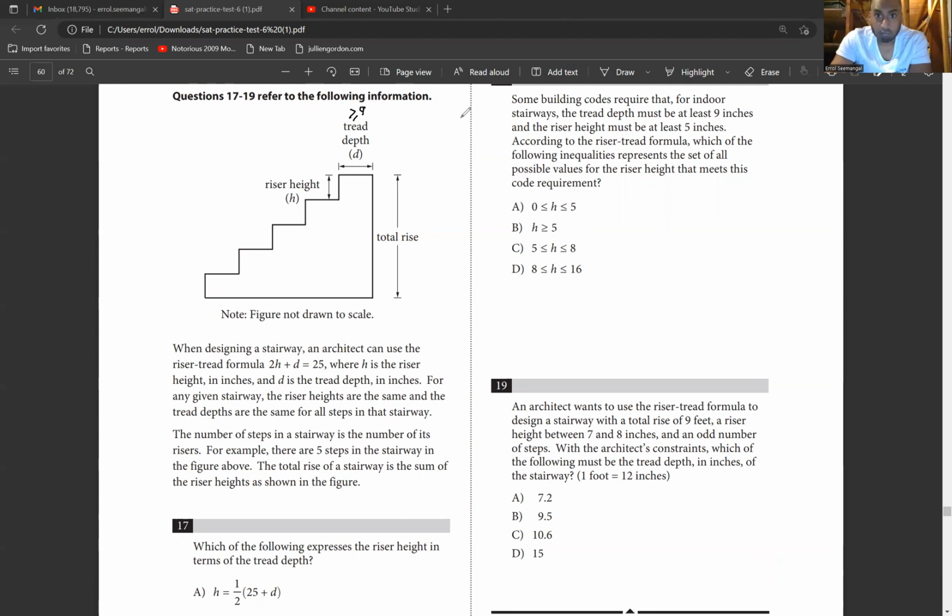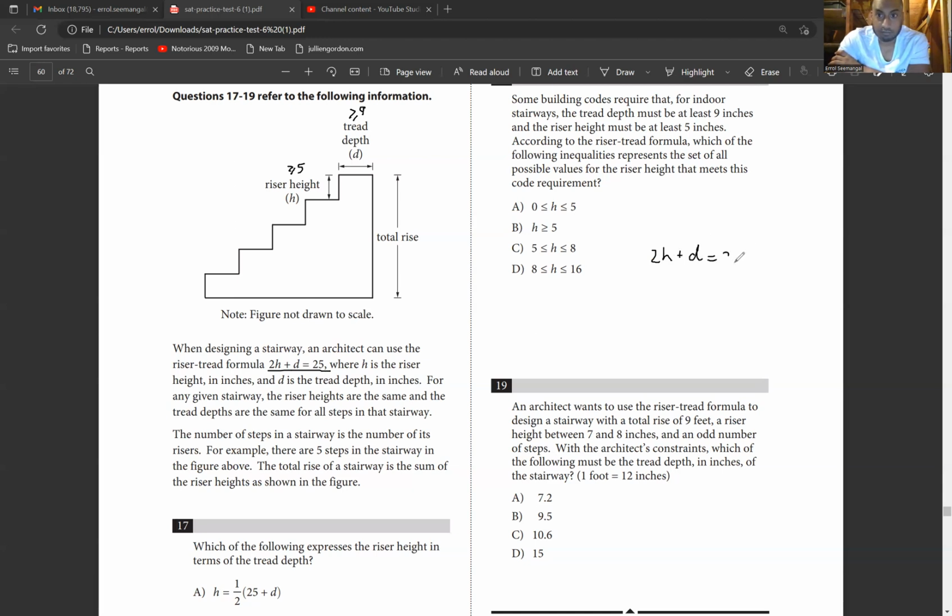And the riser height must be greater than or equal to 5. According to the riser tread formula, which is this right here, which of the following inequalities represents the set of all positive values for the riser height that meets this code requirement? So 2H plus D